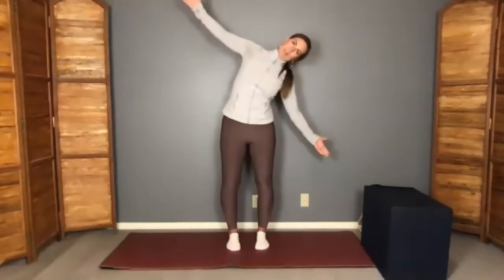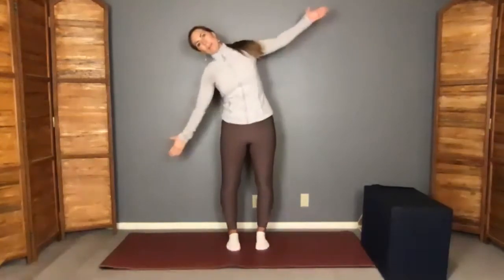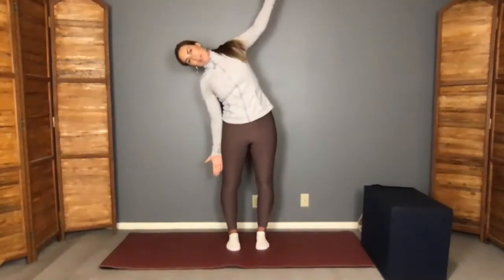And release. Good. Arms out to the side into a standing windmill. So now we're going over to one side. Inhale, come up, over to the other. You're welcome to stand against the wall. That would help